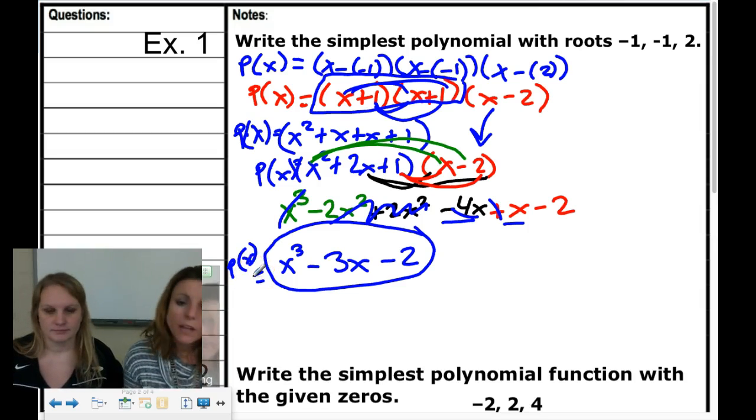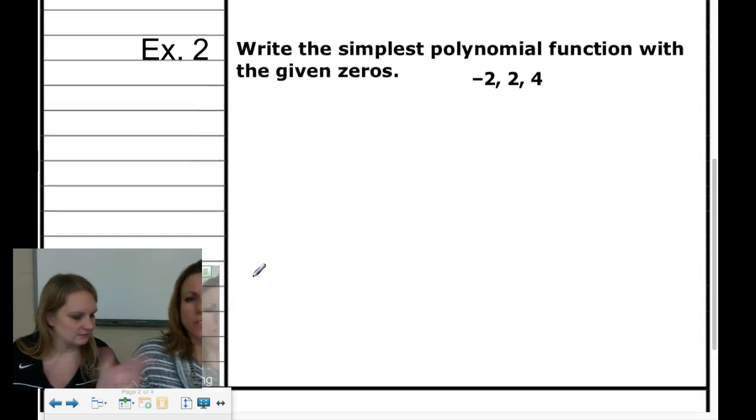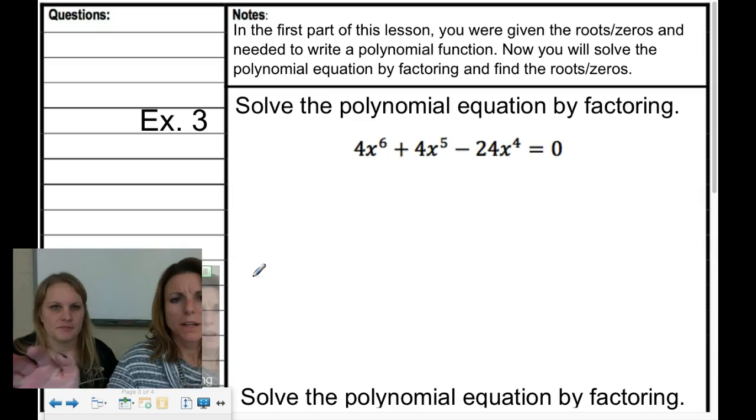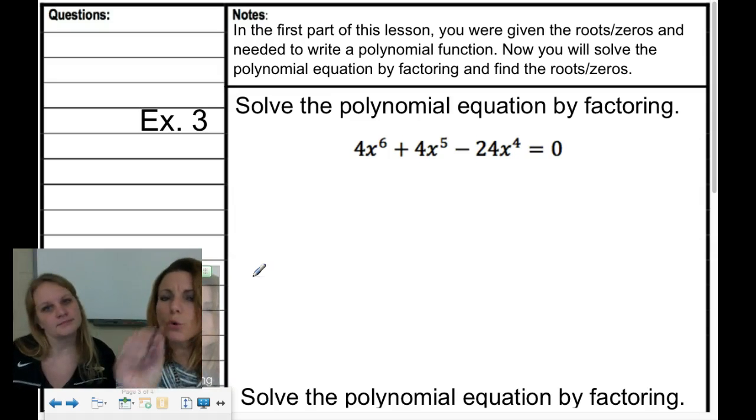All right. Now, what do you think? Example 2? Let's save it for class, because it's just like the one we did. Same. Now, what we're not going to do is example 3. Let's skip to example 4, but I want to just show you what's listed in the